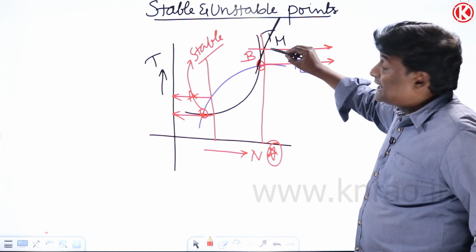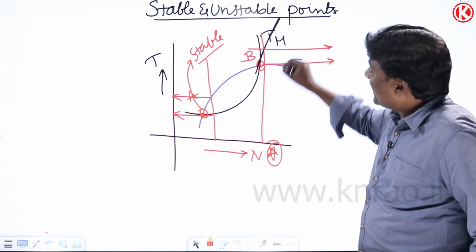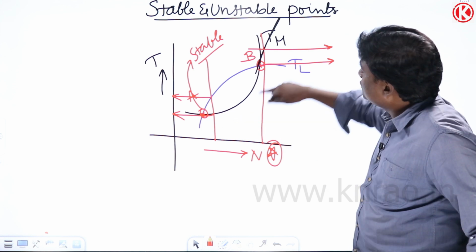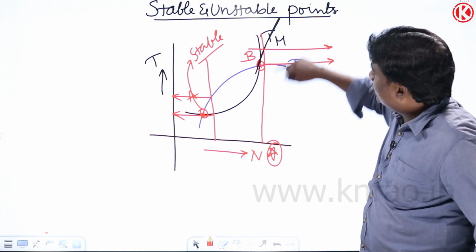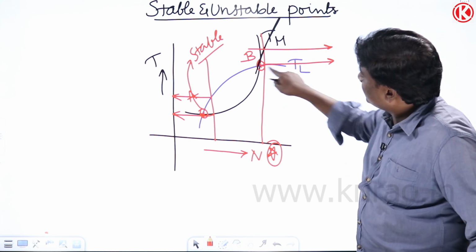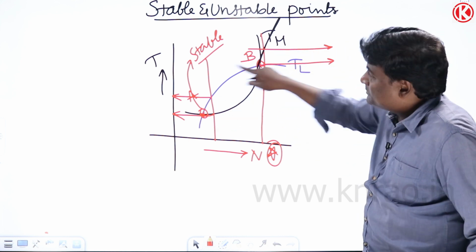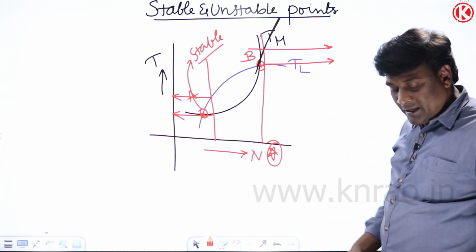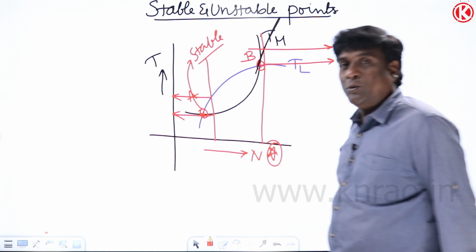So this black line is going to be the torque developed by the motor. Torque developed by the motor is more after this junction point, and the torque requirement of the load magnitude is less, because this is the torque on the y-axis. Meaning that after this junction point, what is happening?